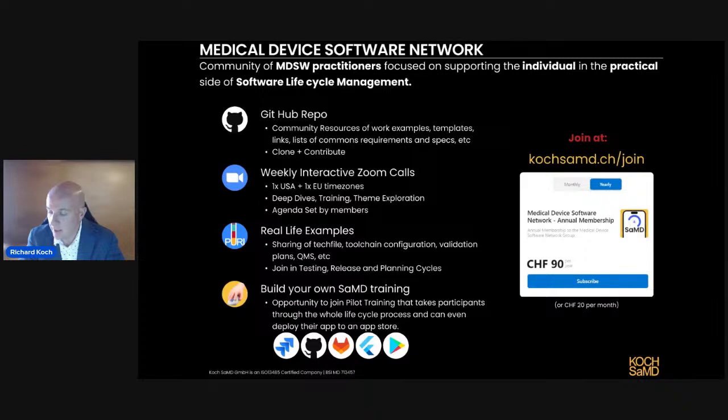And where this is going, where Marvi and I really want to go, is build your own software as a medical device training course, where we'll take participants through the whole software lifecycle management using the Agile toolset with real code, real documentation, and get developers who may have never done documentation to take them down the design V, from requirements into detailed design. And for QARA professionals who may have never handled code, actually get them to merge code, do pull requests, build apps, and if they want, they can even launch it to Google Play, etc.